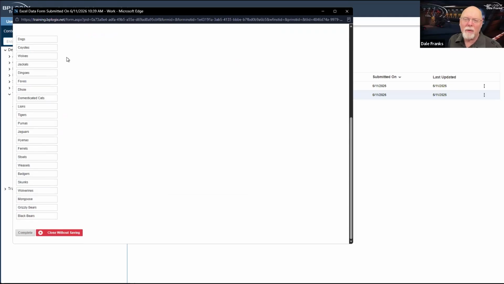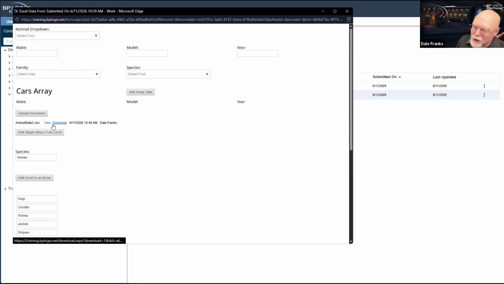I think the number of times, and this is not universally true, but remember when we configured this, we said we wanted field B4. And we knew, because we looked at our data before we configured this, that the value of the field in B4 was wolves. I'm not entirely sure how often you'll know what values go in a specific cell in your Excel workbook. But if you do, you have the ability of uploading an Excel file and just pulling those values.